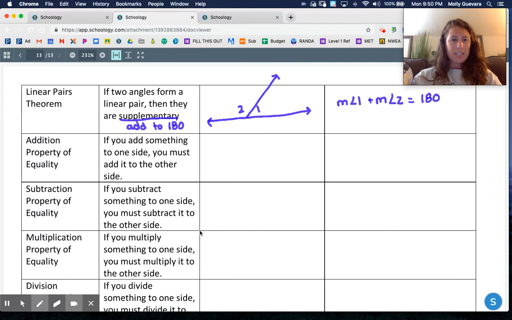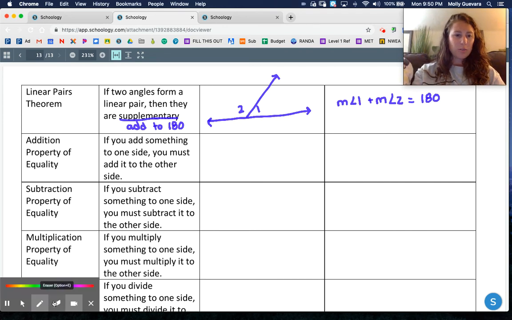Okay, next one, addition property of equality. Now, the addition, subtraction, multiplication, and division properties of equality are things that you already know how to do. You just maybe didn't know what it was called, okay? So the addition property of equality just says if you add something to one side, you must also add it